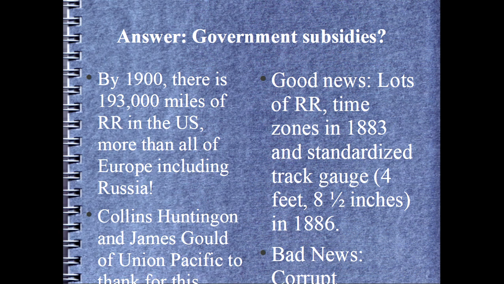Now, what's a standardized track gauge? A track gauge, gentle listeners, is how wide it is between the rails. 4 feet 8.5 inches is our standard gauge in the United States since 1886. If you have different track gauges, what's going to happen? Your train goes off the rails, hence the expression off the rails. Train wrecks are bad. Nobody likes train wrecks, and your stuff doesn't get there on time.